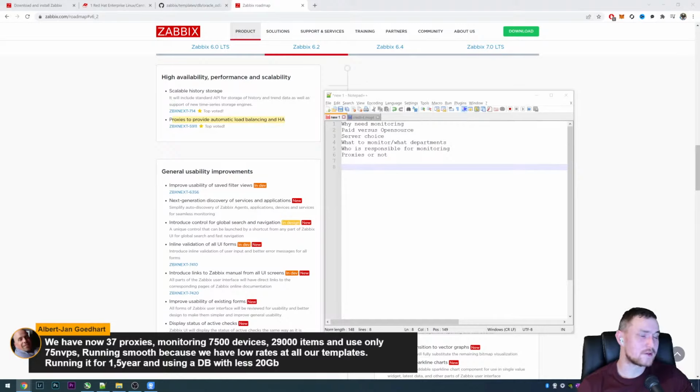And of course, it's also important that Zabbix is forgiving of mistakes on small installations. If you have a 75 NVPS system, you can install everything following all the worst practices in the world, and it still will be running fine. You can install Zabbix on a Raspberry Pi, apply MySQL, not tune the config at all, have 1 gig of memory, and it's still going to run fine, because 75 NVPS is absolutely nothing.